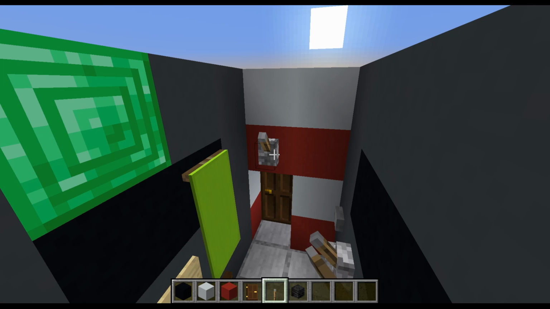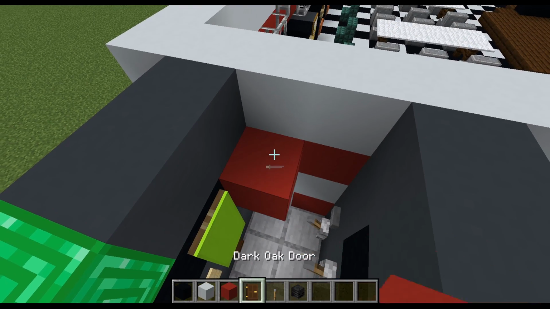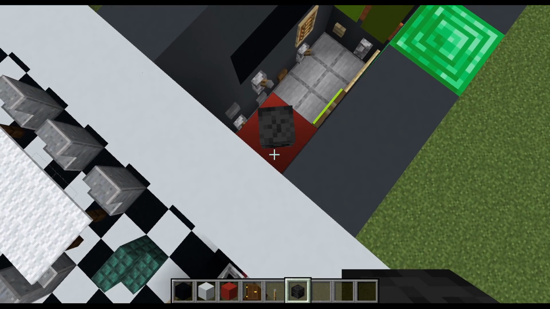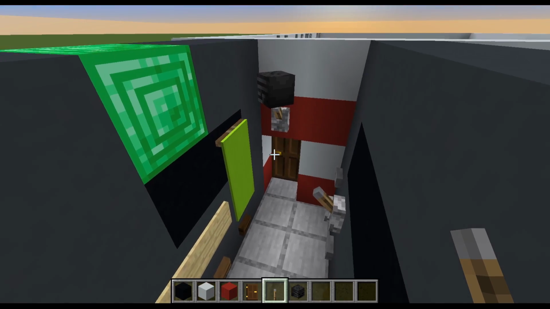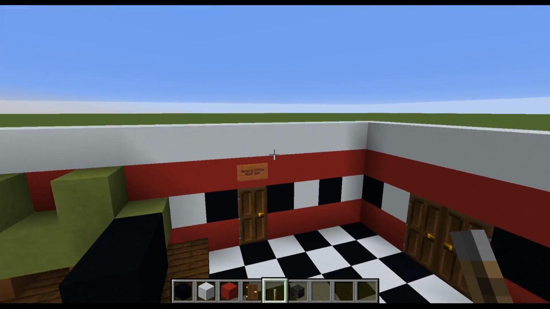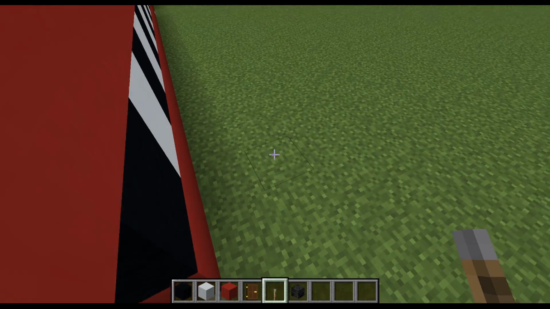We're just going to, above the door, place a lever. Actually, no, we're going to start by just placing a block there, and then a wither skeleton skull facing into this corner like that. Then we're going to destroy the block and replace it with a lever, and that just makes the camera for this room. So with that done, we're going to next move on to the owner's office, which is, well, it